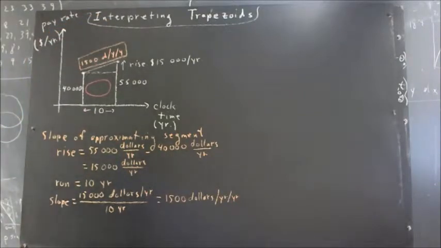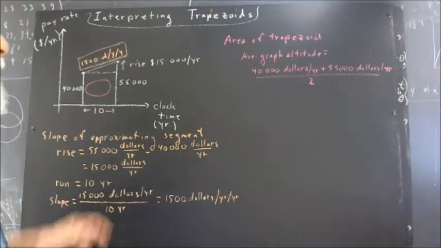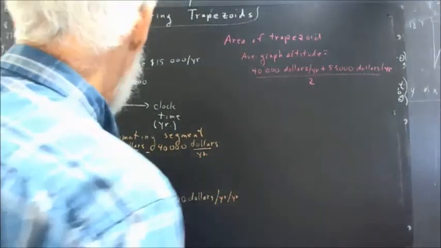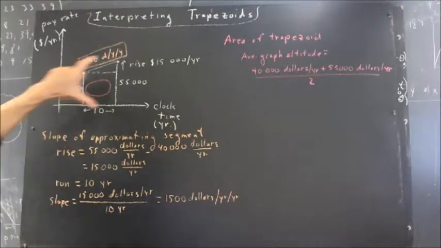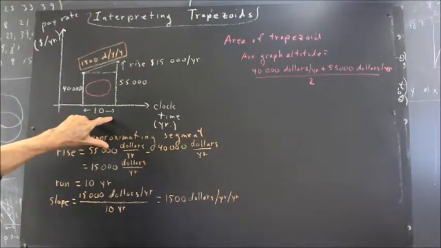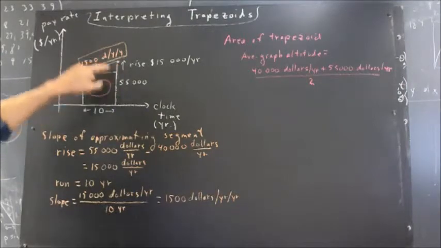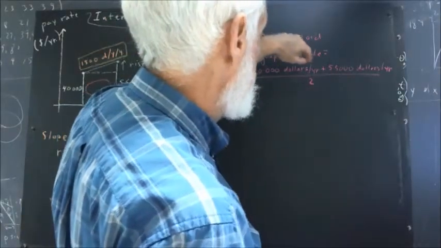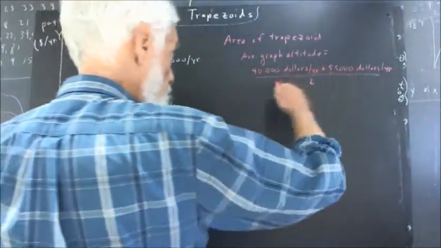Now we want to calculate the area of this trapezoid. Okay, we want to find now the area of the graph trapezoid, and that's going to be, as we've seen before, the average of the two altitudes, graph altitudes, multiplied by the width. The average of the two graph altitudes being the altitude of the equivalent rectangle. So that's going to be $40,000 per year. The average graph altitude is $40,000 per year plus $55,000 per year divided by 2, the average of the two,